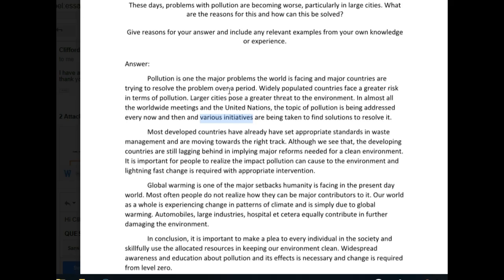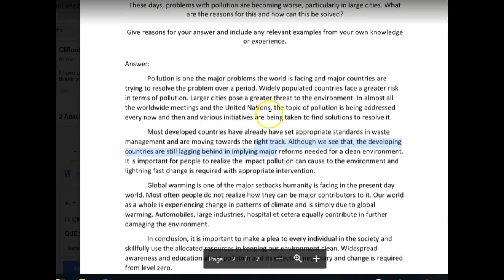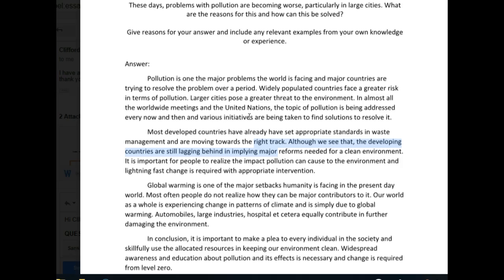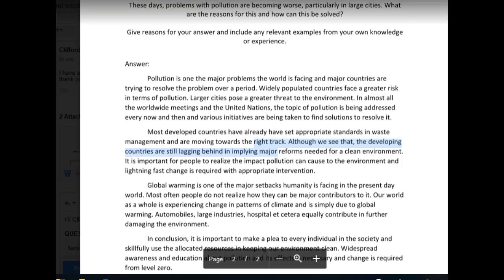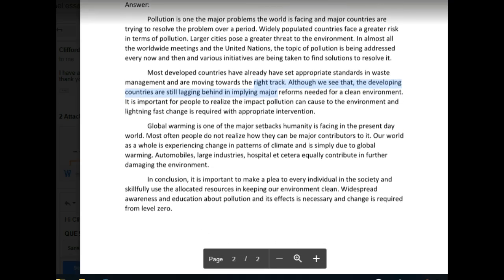There are a variety of reasons why pollution is occurring in our societies, yet there are various initiatives being taken to find solutions to resolve it. You're done. You're out of there. This is the last place where you want to spend lots of time on your essay. So the way we just revised it is an ideal way to say what you're absolutely supposed to say, but then just move on so you can get into the body paragraphs, which is really the most important area of